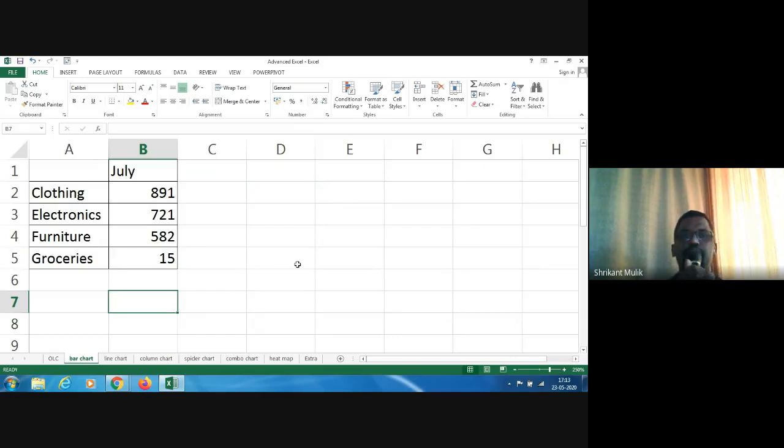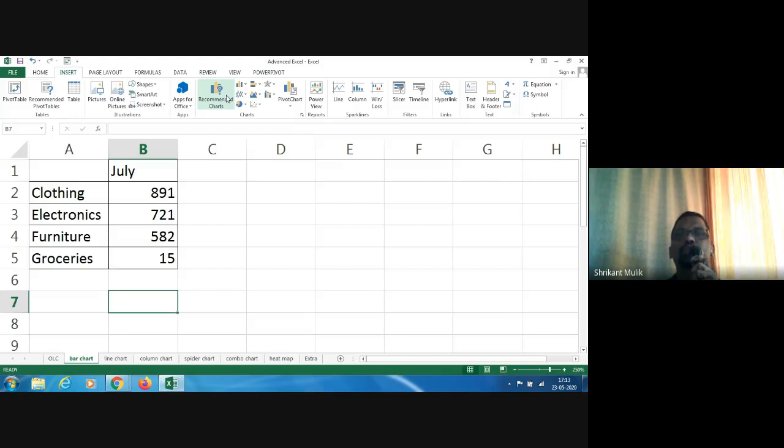Right. So we want to depict that as a chart. Now, which chart should we use? If you go to the Insert tab and look at these charts, you see so many charts. The normal temptation is to use whichever chart you feel looks good, but we should not be doing that. There's a science behind which chart should be used for what purpose. So why are we using a chart here? We are using a chart to show the revenue against four product categories: clothing, electronics, furniture, and groceries. And you want to show which has a higher revenue than the others.